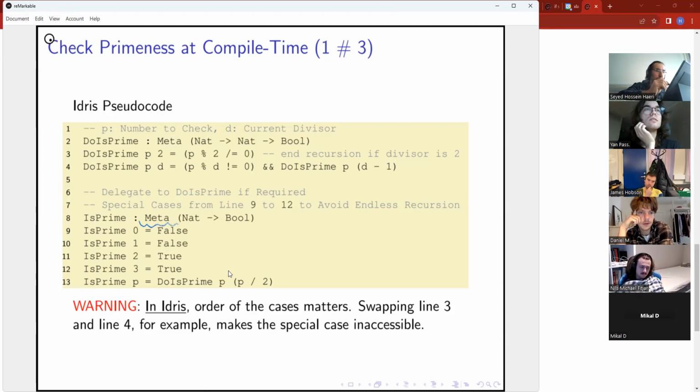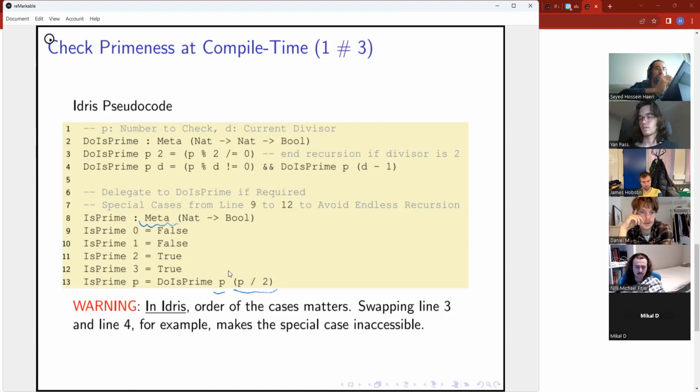All it does is delegate the job to a helper function that starts from midway between p and 0, and tries to make sure that p is not divisible by any of the numbers from half of p down to 0, right?